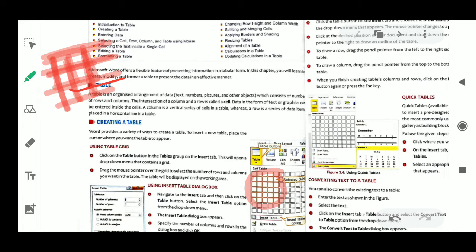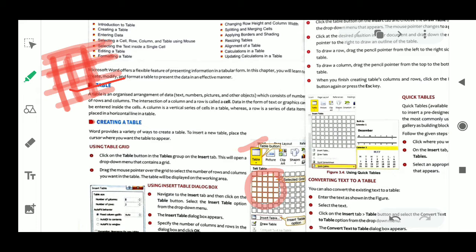So how do we create a table? First you should know that table work can be done in MS Excel, and in MS Word also we can insert a table.